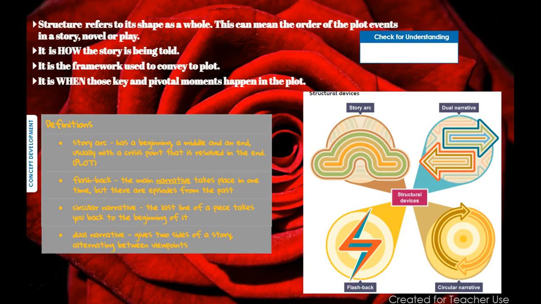And a lot of times with literature, it's not always going to be in chronological order. First this happened, second this happened. Again, that's why you have to look at the events that happen to your complex character. There are times where you could have multiple complex characters in a text. Like when we're reading Romeo and Juliet, you will see that Romeo and Juliet both have their own separate struggles within one text. Okay, let's move on with that.